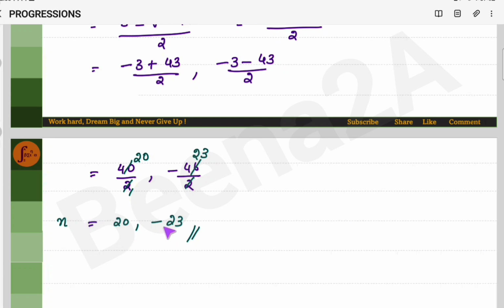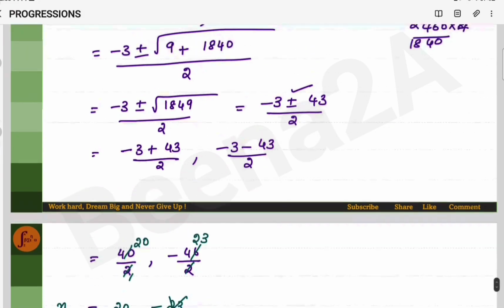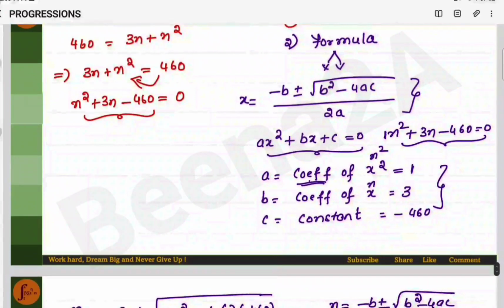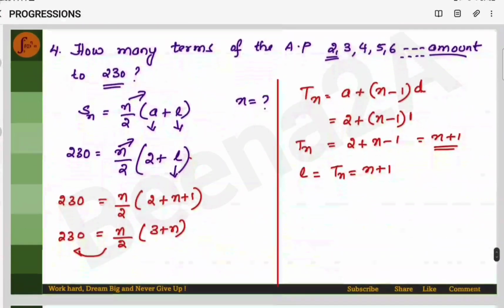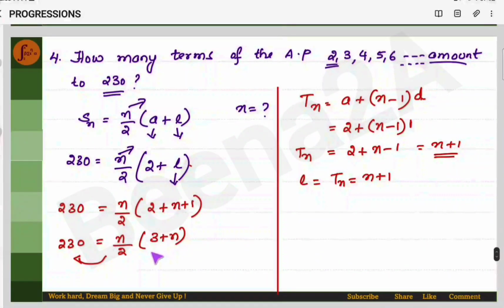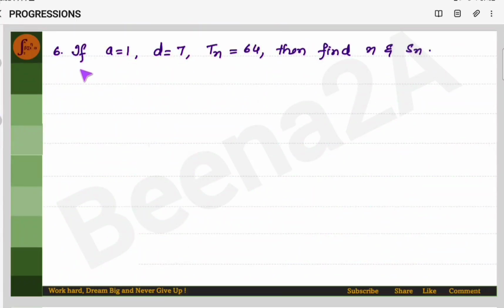So we got two values for n. We cannot take negative. We cannot have a negative number of terms, right? So we'll take 20. n is 20. What is n? n is the number of terms, right? So we have to figure out how many terms. Therefore n is equal to 20 terms. Let's take another problem where it's stated that if a is equal to 1, b is equal to